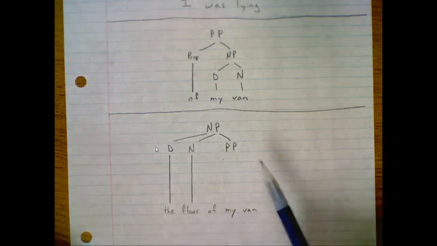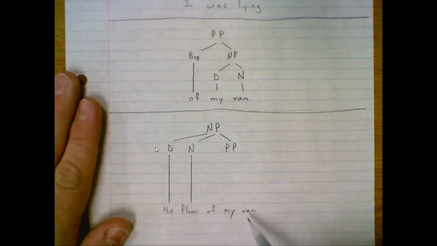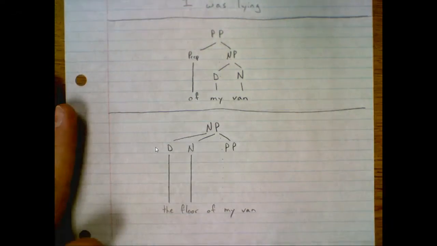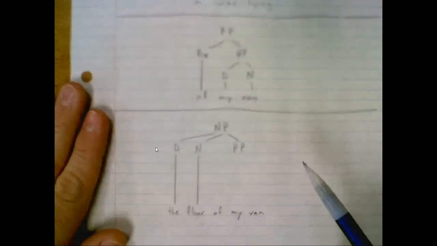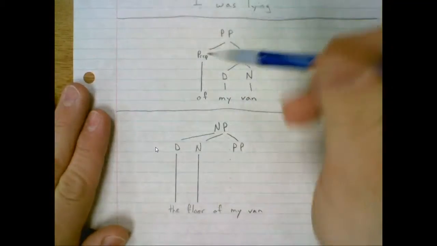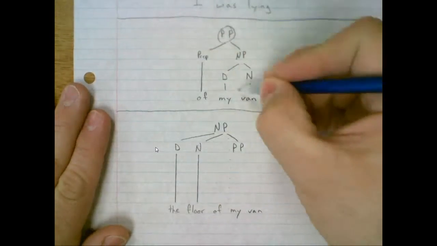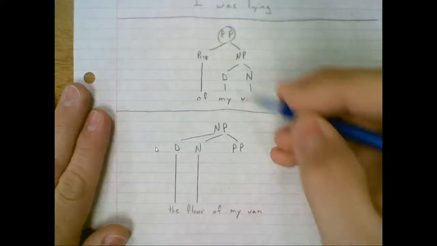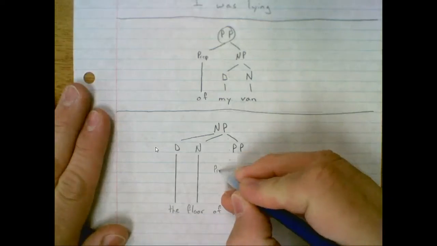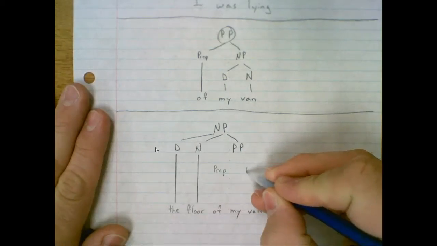Now let's break down our prepositional phrase of my van. Guess what? Parsing trees are modular. We've already done of my van. We can just copy this down. Yeah. So starting here, we'll turn this into this right here. We know that this up here, prepositional phrase, is made up of preposition and noun phrase,